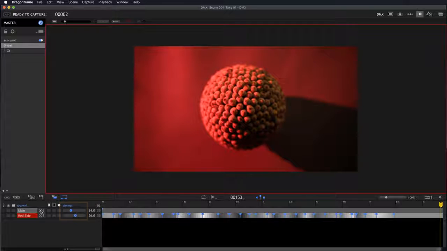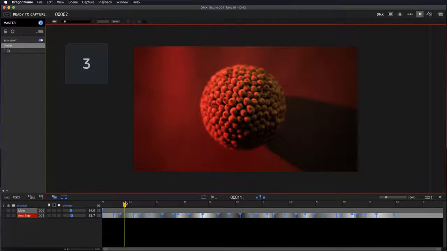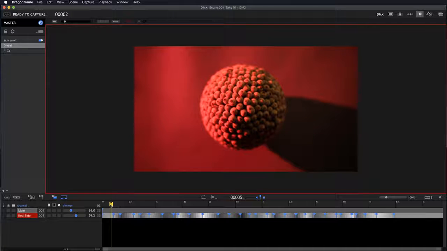You can also repatch your channel. So if you've done some elaborate programming like I've done here on this flickering red light, which we can kind of see if I move through it. Let me go to live here with the 3 key. Okay, now we're in live. By the way, the 3 key will always take you back to your live view, which is something very useful to know. So if I play this, you see I've got some flickering, a lot of action happening on this